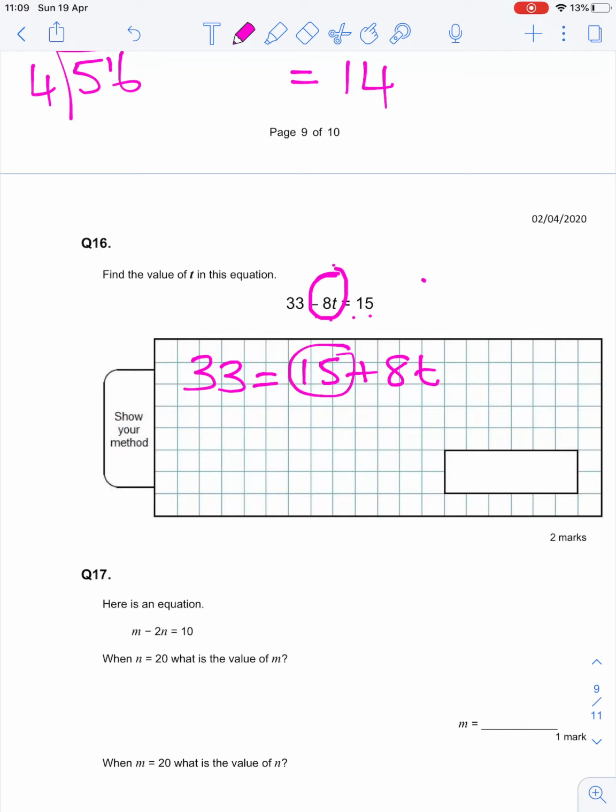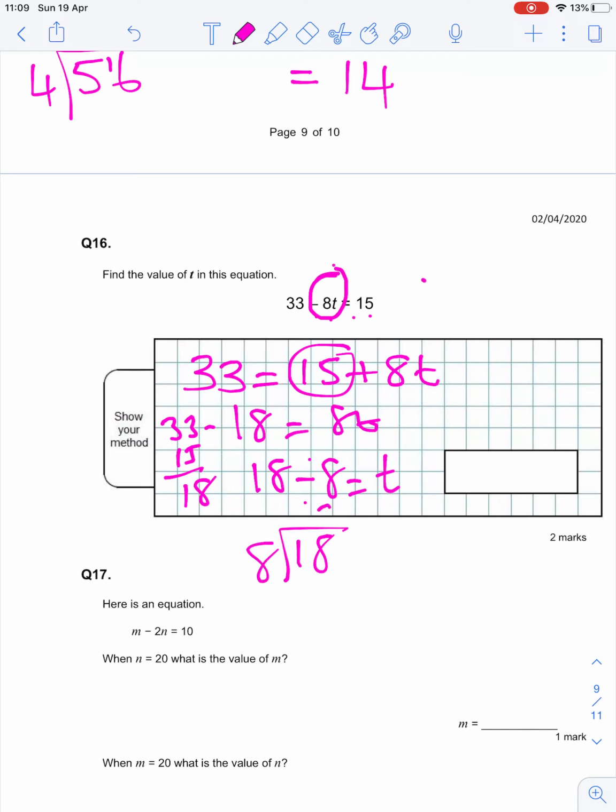And then I'm going to take this 15 away from both sides. So 33 take away 15 gives you 18. So you're left with 18 equals 8t. So 18 divided by 8 leaves you with t. Do 18 divided by 8, it will give you